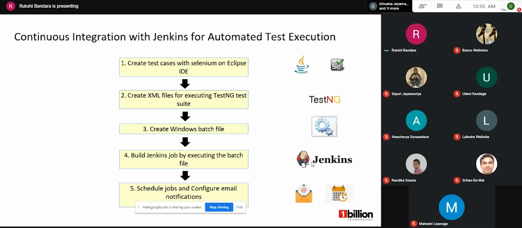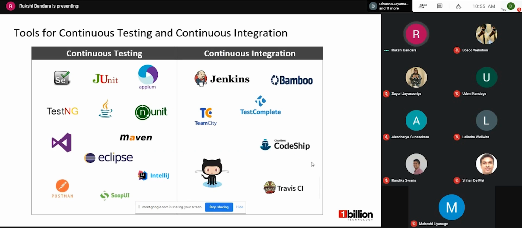So here you can see some of the most popular tools used for continuous testing and also continuous integration. For continuous testing, I have mentioned here Selenium, JUnit, Appium, TestNG, Java, NUnit, Maven, Visual Studio, Eclipse, IntelliJ, SoapUI, Postman.